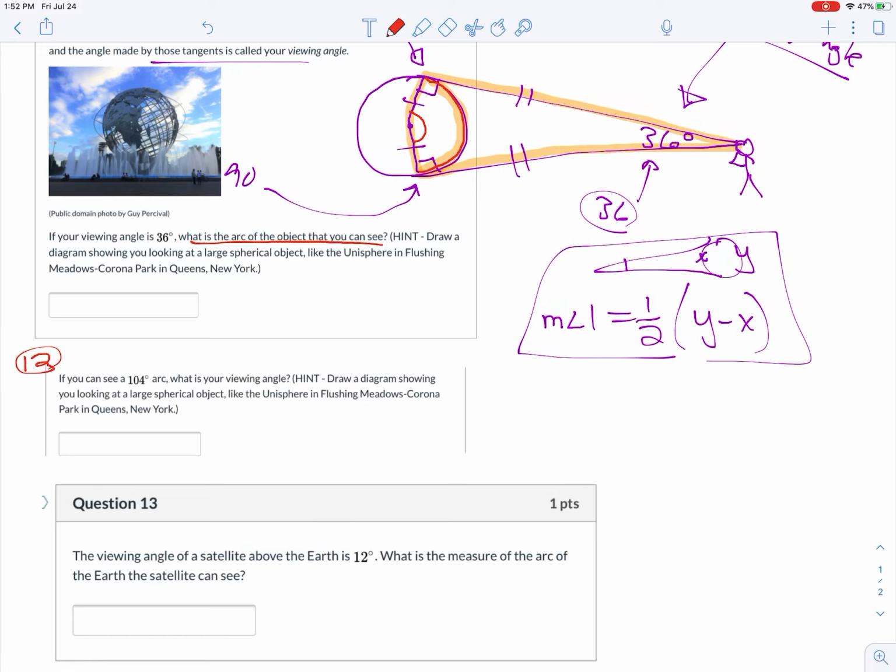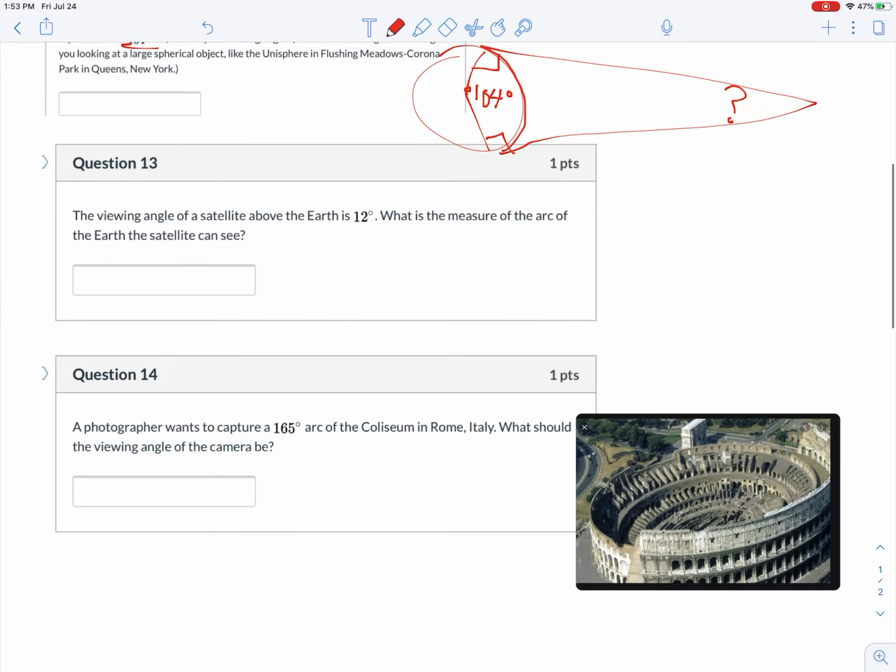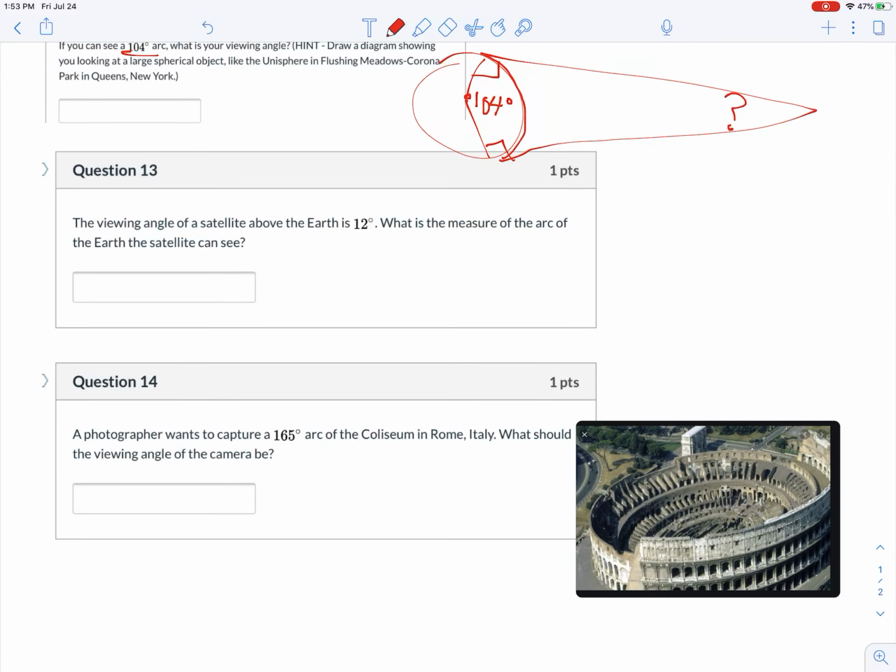That's working backwards. If you can see a 104-degree arc, what's your viewing angle? Use that same diagram. This time you don't know what the viewing angle is, but you know that it's a 104-degree arc, which corresponds to a central angle of 104 degrees. Can you go from there? Hint, hint. Okay, number 13, this is definitely not going to be to scale, but you have a viewing angle